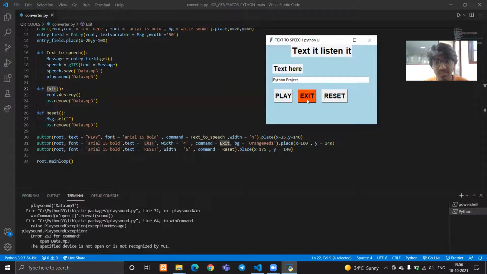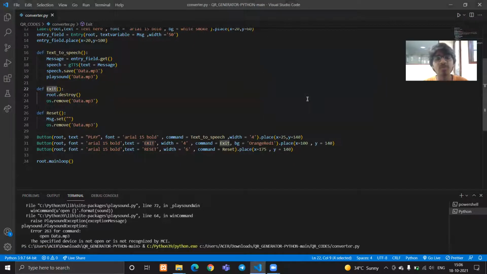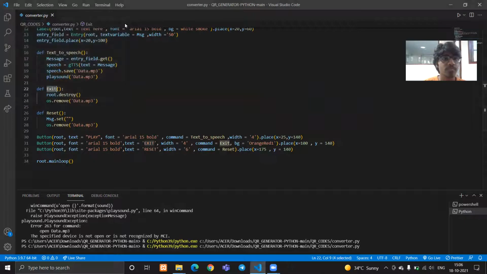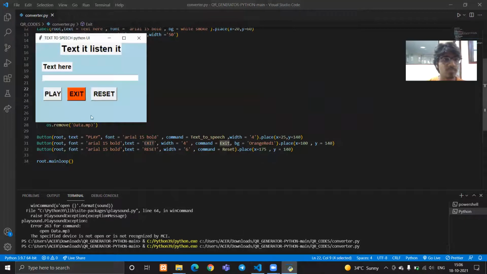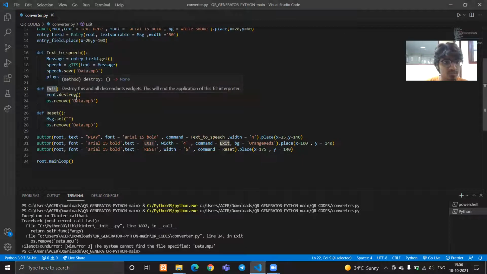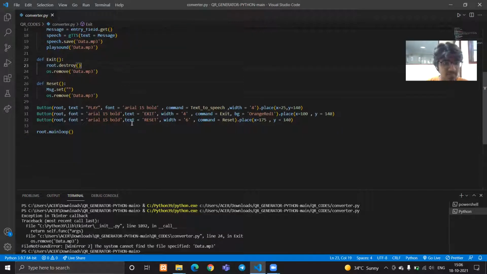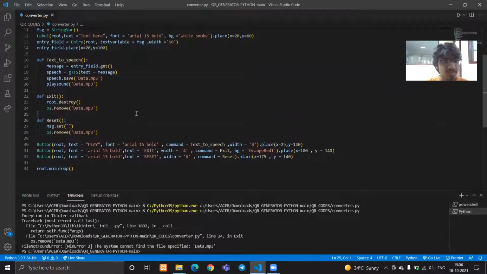So as soon as I click this exit button, the window frame will get destroyed. What's happening here? It's some kind of loop. Okay, as I told you before, errors can come in between, just try 2 or 3 times.